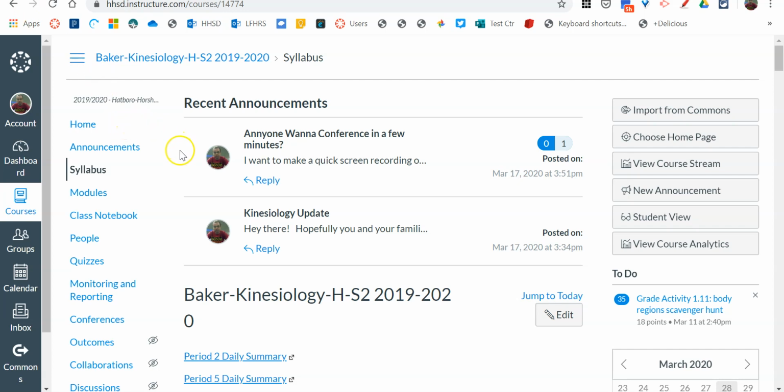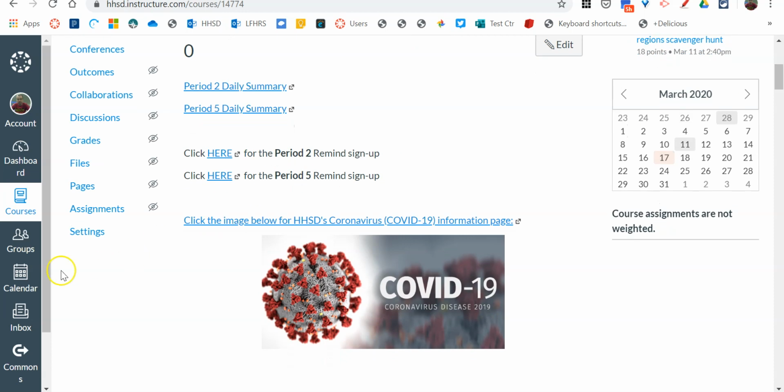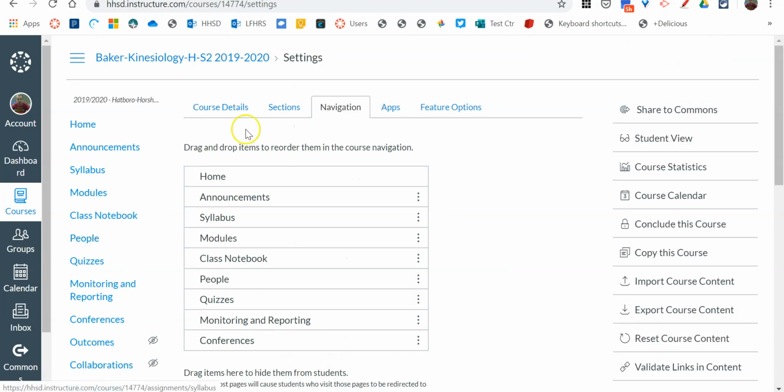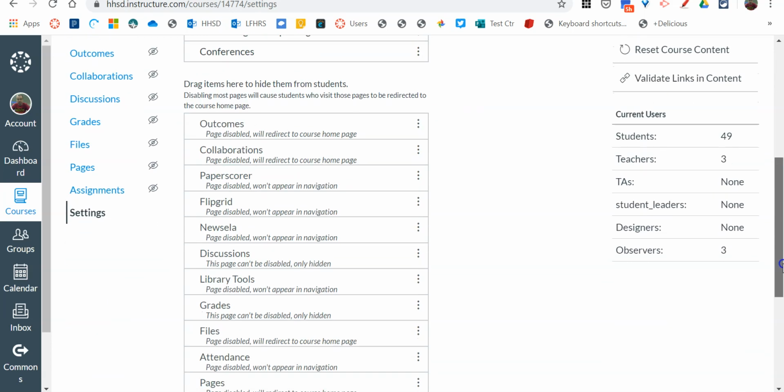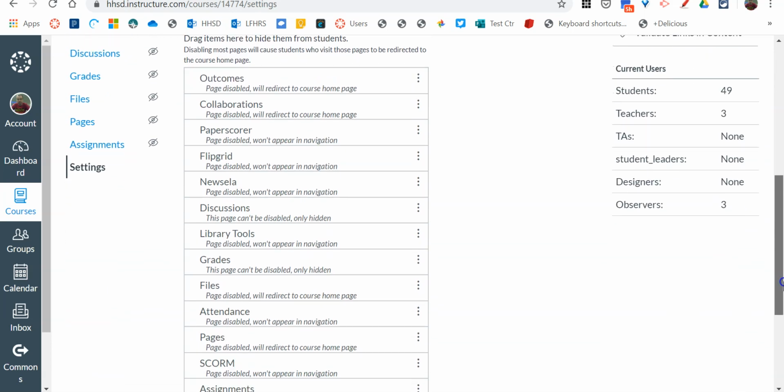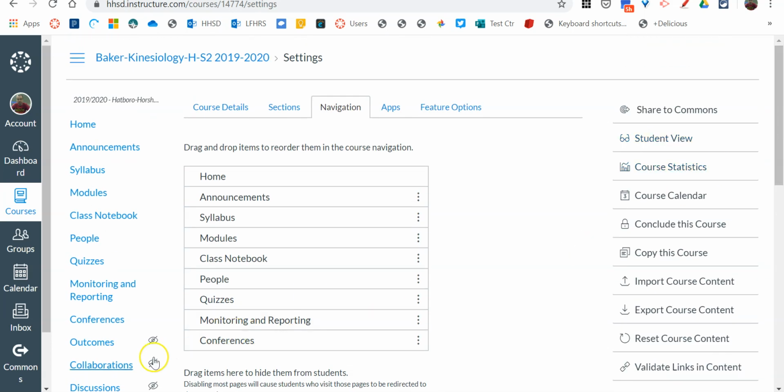Okay, super easy to use conferencing in Canvas. First of all, you have to have it set up in your settings to show up for you and for your students. So go to navigation and make sure conferences is here and not at the bottom of the screen where it's been hidden and disabled. Okay, so once that's the case, go over to conferences